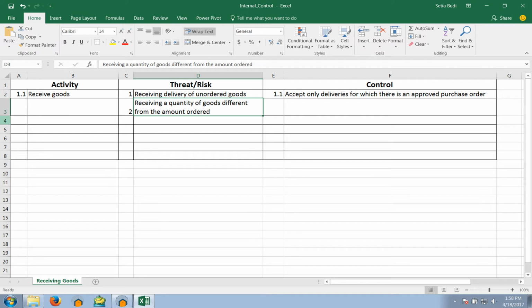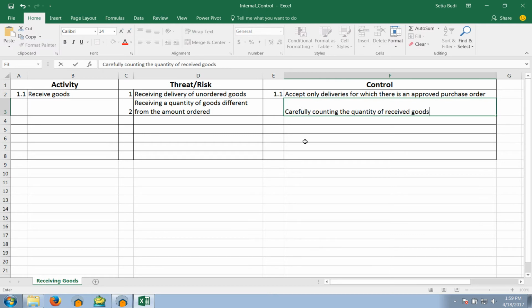Okay, so let's think about the solution. Some possible controls to be applied are carefully counting the quantity of received goods. So let's put here the control that we are proposing. Carefully count the quantity of received goods. So basically after we receive the item, we double check with the purchase order, and if it is matched, the next step that we can do is carefully count the number of the item, whether it's matched with the purchase